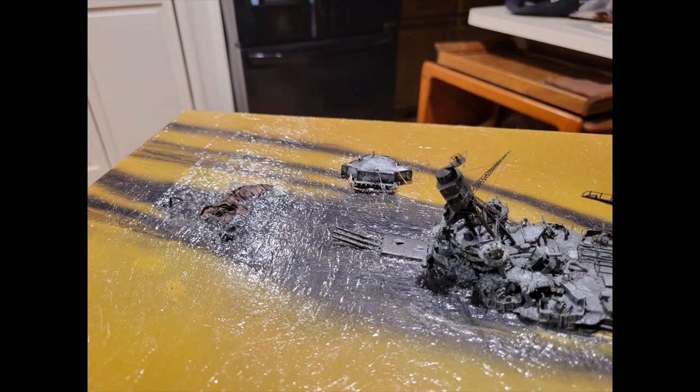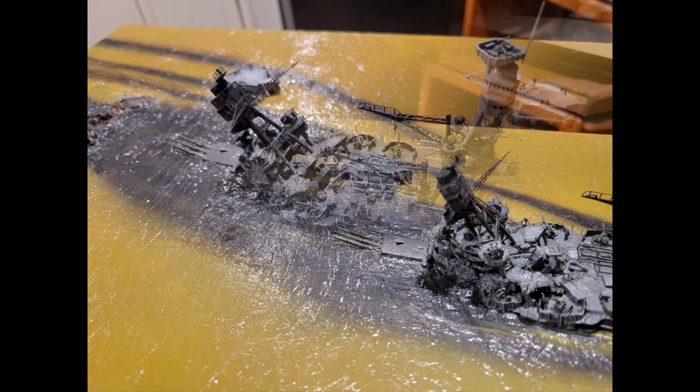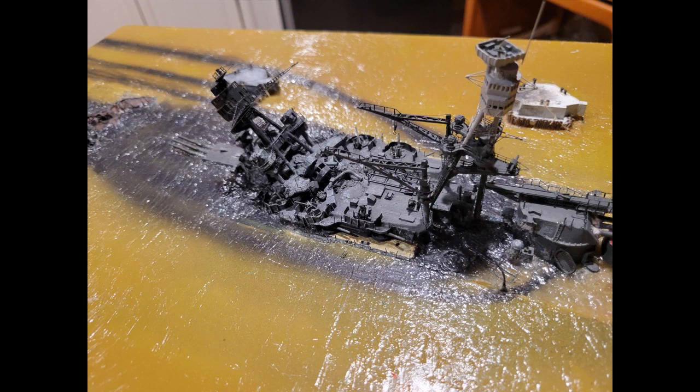We covered this last year, and one of my viewers had asked, could we please see how this type of thing is done. So that's what this video is going to be about, is how we would replicate any kind of battle damage that we want to do on ships. This will work for tanks, aircraft as well, but specifically this is for ships. And you look at the battle damage he did and how absolutely awesome